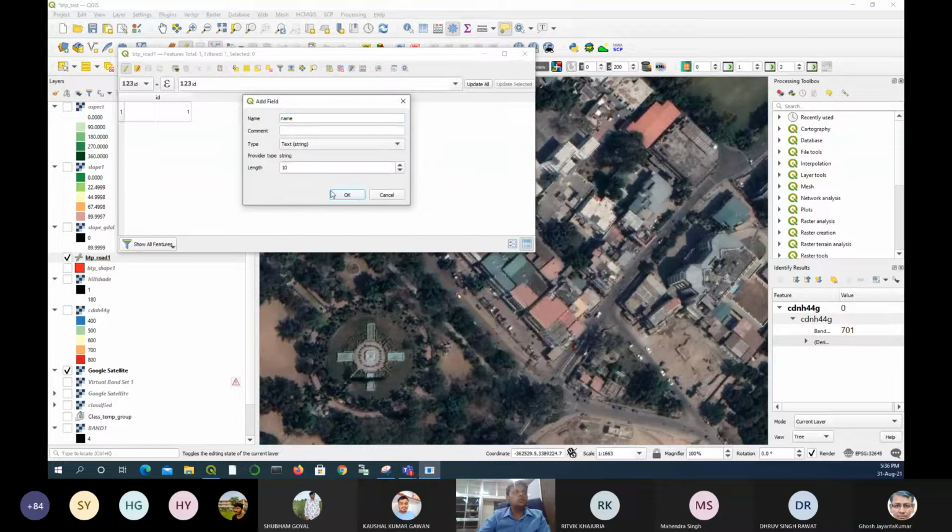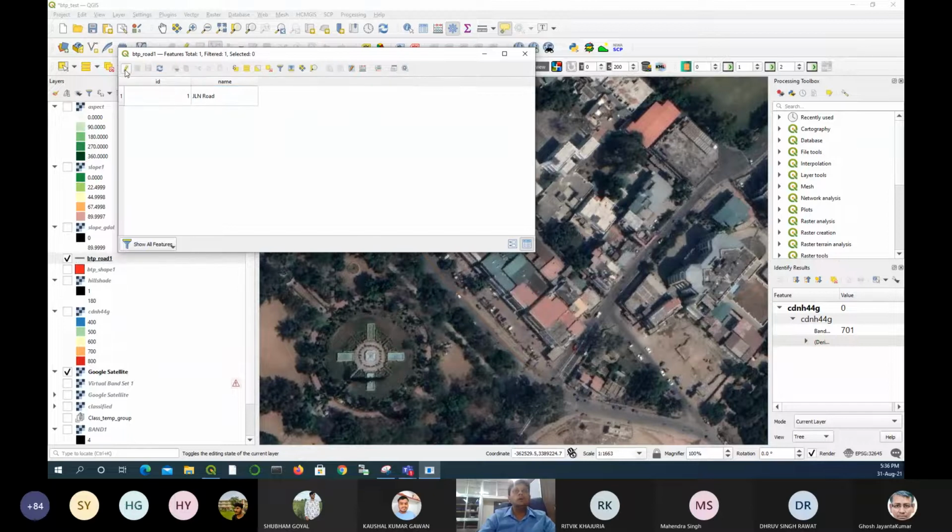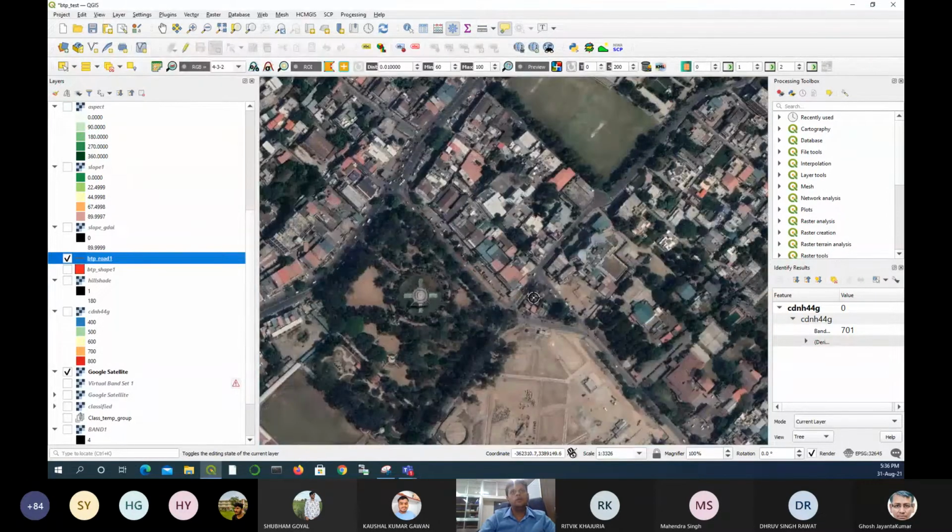It's a string, and you can call it JLN road, one hypothetical name. Now it's saved. There's one road here.